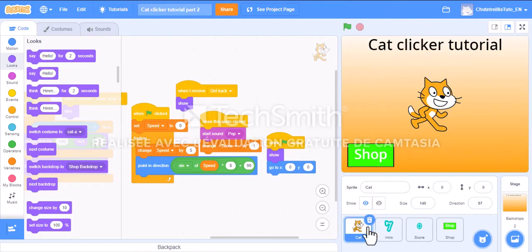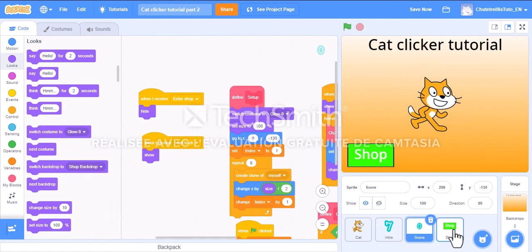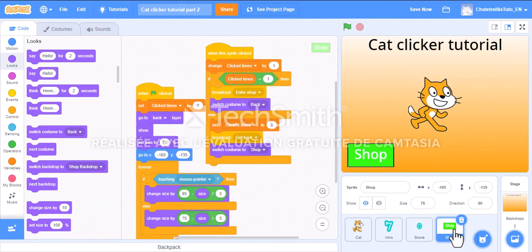I don't know what to add that you don't like, and I don't know what to add that you like. So it's your opinion to add a shop or not, but like I said, it's your choice. So it's all for this